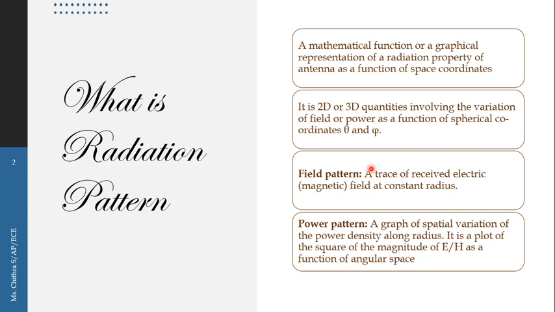So by looking at the field pattern and the power pattern, we can predict in which direction there is maximum radiation, in which direction there is loss of energy, and at which point there is zero radiation. So drawing radiation patterns is a visual form using which we can say at which direction it is related to the directional property of an antenna. It is used to predict at which direction the antenna radiates to its maximum and at what other directions the antenna radiates to its minimum and what is the value of power at the given directions. And these graphs are going to be drawn as a function of space coordinate systems, that is theta and phi.